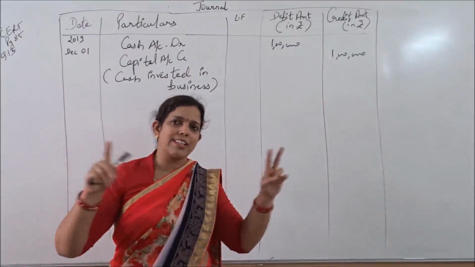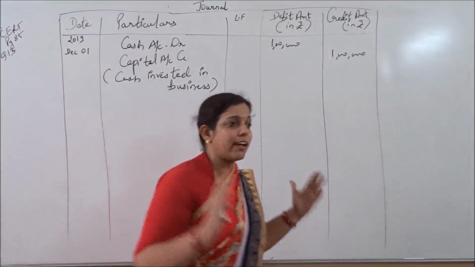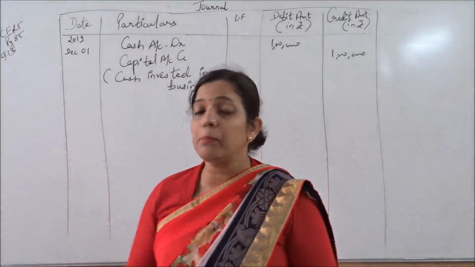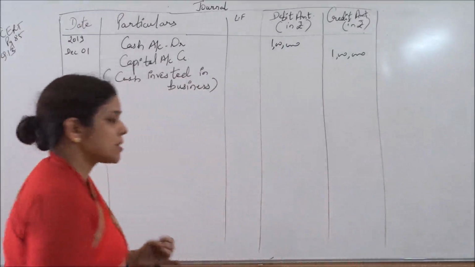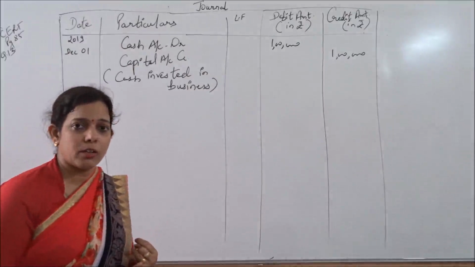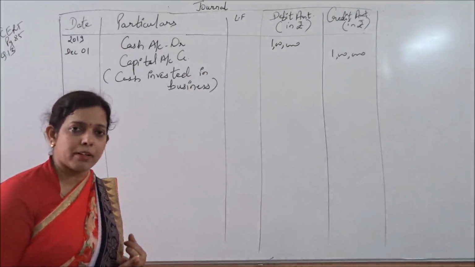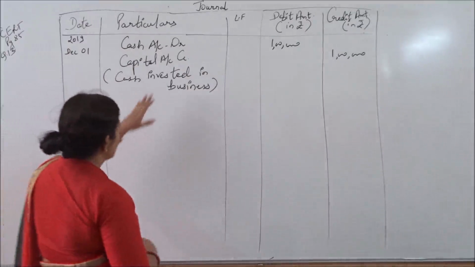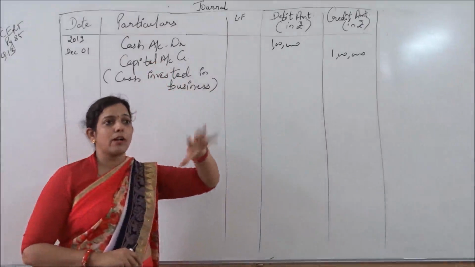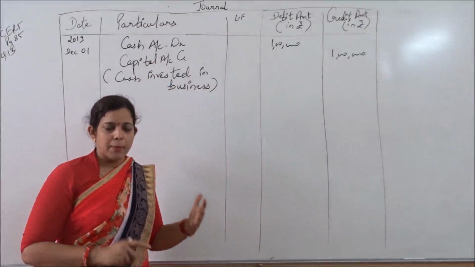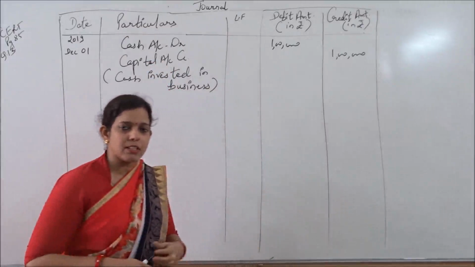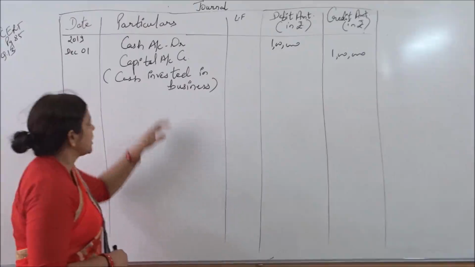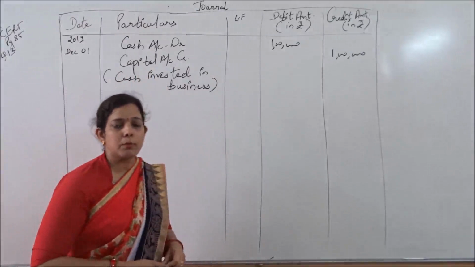Consider these two bodies as a separate thing. Then only you will understand why capital is a liability. Because business is separate body while doing accounting, and the sole trader is a separate legal body. Okay, having a separate legal existence. That's why it's liability of the business कि business को इसमें और additions करके वापस देना है. Business को और ज्यादा कमाकर वापस देना है. That is the reason कि हम capital को liability क्यों समझते हैं.